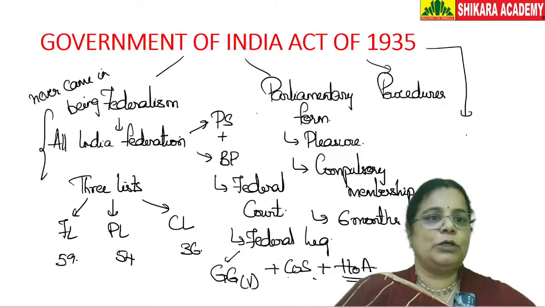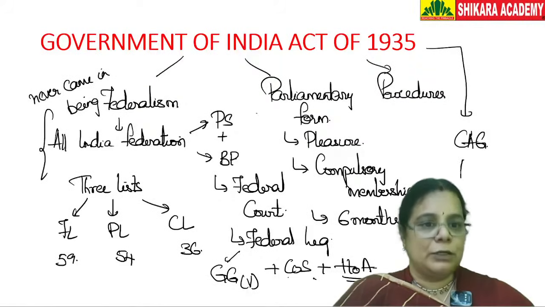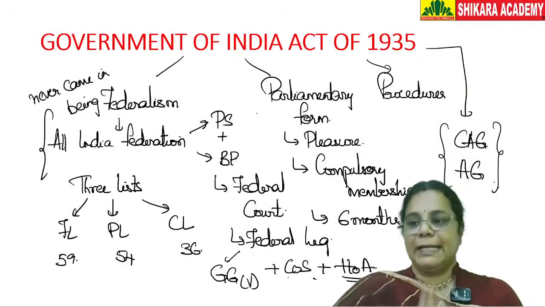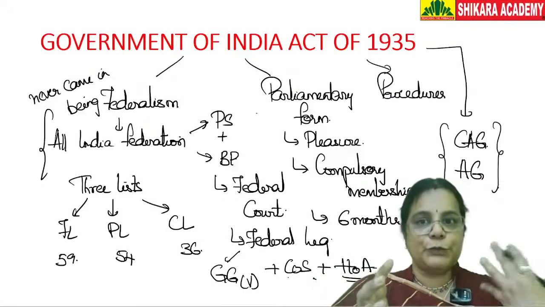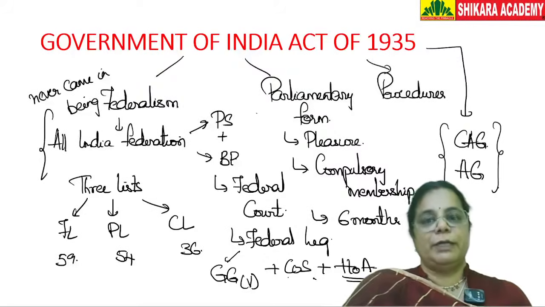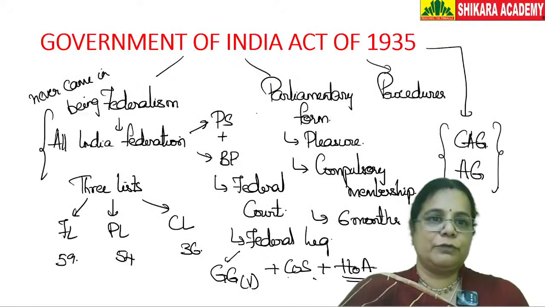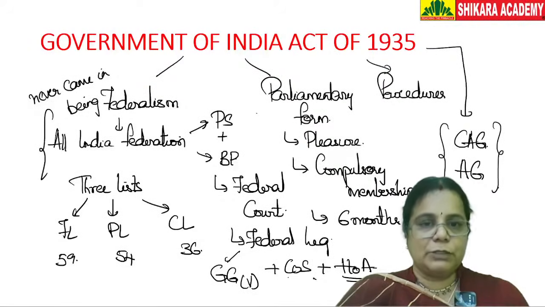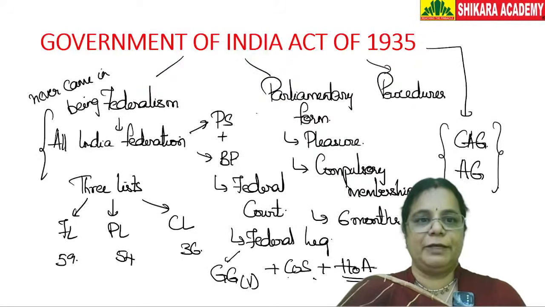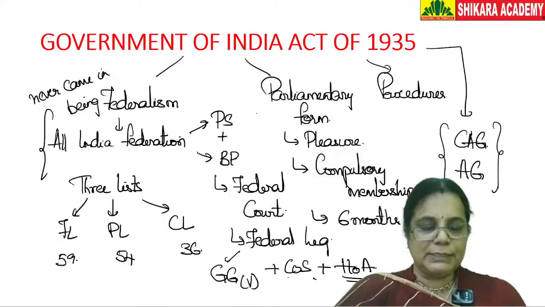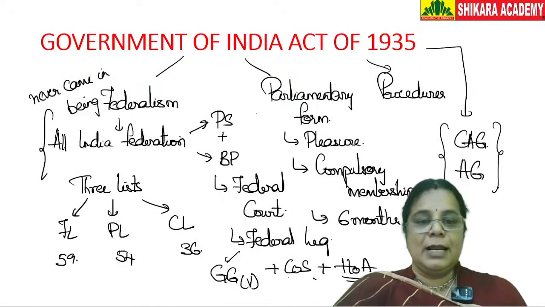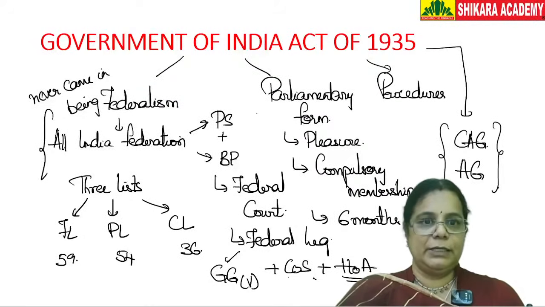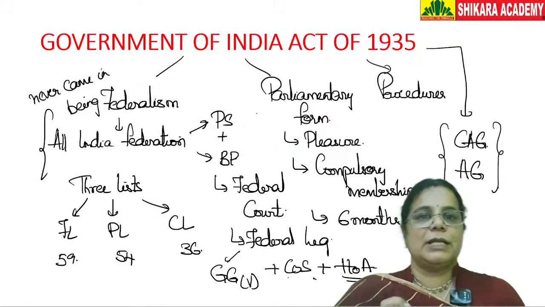Apart from this, important offices like Office of CAG, Office of Attorney General, these were also introduced in the Government of India Act 1935. Because of the magnanimity of the law, the amount of contribution it made, it is usually commented that the Constitution of India is a replica of the Government of India Act. Nearly 60% of the provisions of the Constitution of India are influenced by the 1935 Act. Why? Because Part 5, Part 6, Part 8, 9, 10, 11, 12, 13, all these parts are by and large connected to federalism in India. So almost 60% of your constitution has been influenced.